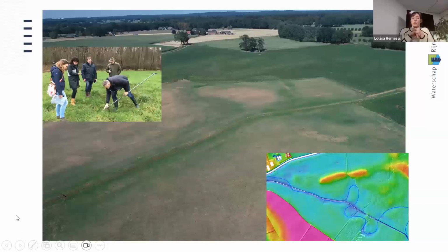We also use photographs, and here you see a photo in a dry period. If you look closely, you see green lines going through the dry areas, and that's where the water would stream. It's the lowest part of the lowest part. So we try to identify the lowest parts, and we want to restore them so that the